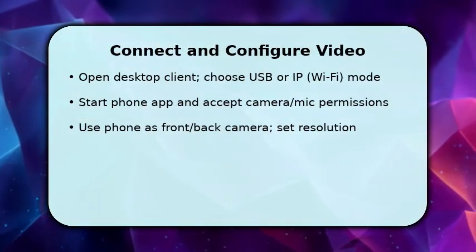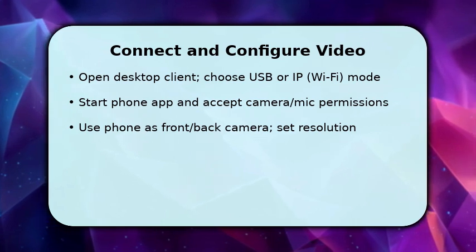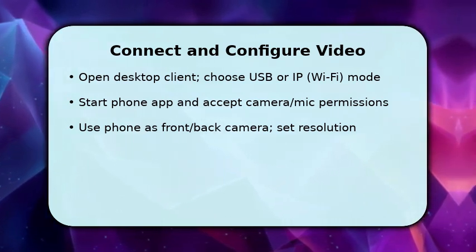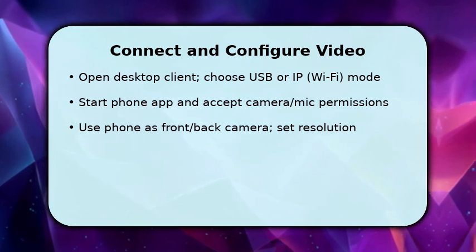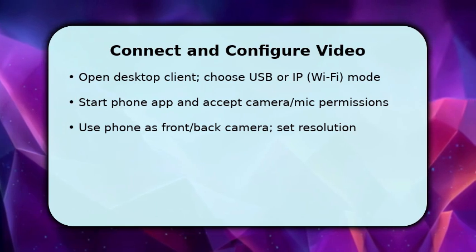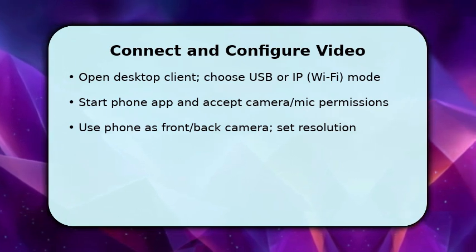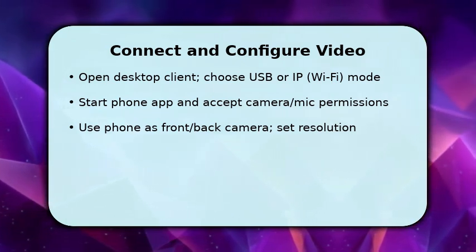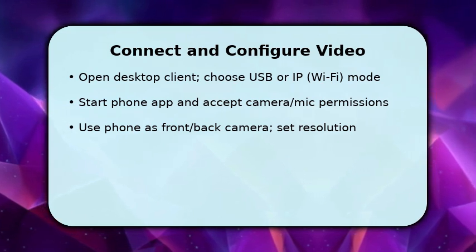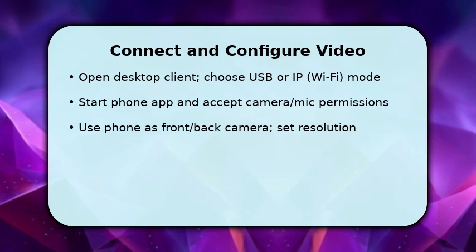Open the desktop client and select USB or IP Wi-Fi mode to match your connection. On the phone app, tap Start and confirm camera and microphone access. This authorizes the stream. Once connected, pick the front or rear camera and set resolution to balance quality and bandwidth, for example 720p for stable video. If using Wi-Fi, note the IP shown in the phone app and enter it into the desktop client to establish